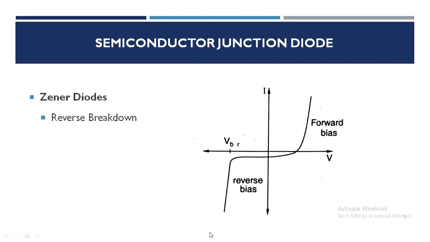You can see in the reverse bias, the current is increasing at that instant, and whatever the voltage appearing across the diode, that voltage is called the breakdown voltage, indicated with VBR. The value of breakdown voltage, like turn on voltage, depends on the diode material. Some diodes are designed to utilize their breakdown characteristics. They are called Zener diodes.